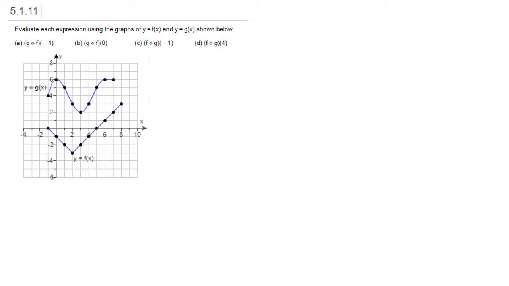Okay, so we are asked in the first problem to find g of f of minus 1. So this symbol means the composition of two functions. It's not the product, remember. By definition, what it means to do is to take f of minus 1 and then plug that value into g. So referring to the pictures, f of x is this one down here. If I plug in x equals -1, that would appear to be a 0. So f of minus 1